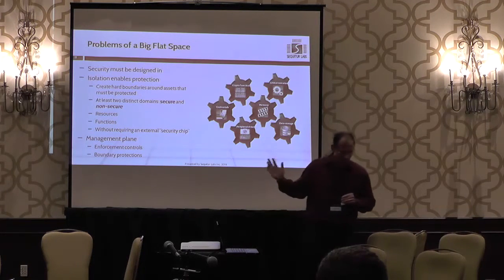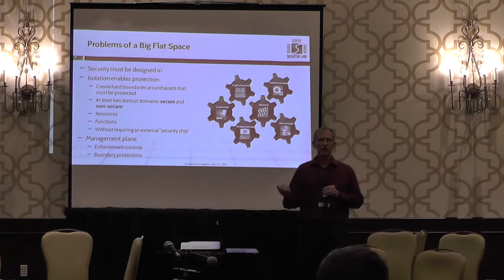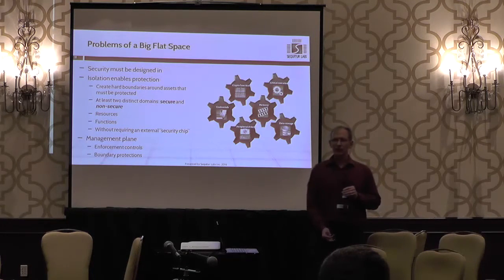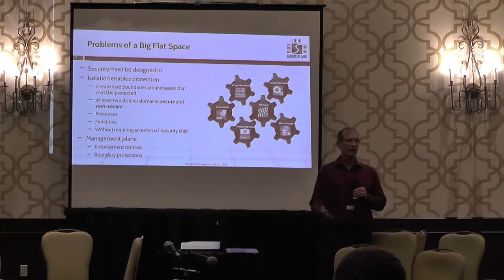So we call this the problems of a big flat space. Security has to be designed in, and the objective is to create isolation and a boundary. So security happens at a discontinuity in the system. And the trick is there has to be some mechanism that enforces that discontinuity. So the objective is to create a hard boundary. So something that's hardware enforced, not just an address, not something magic like an address. There's got to be a signal behind it. So there have to be at least 2 distinct domains that can be partitioned beyond that. So call it secure and not secure. And within those domains, you should have the ability to assign code, resources, functions, and